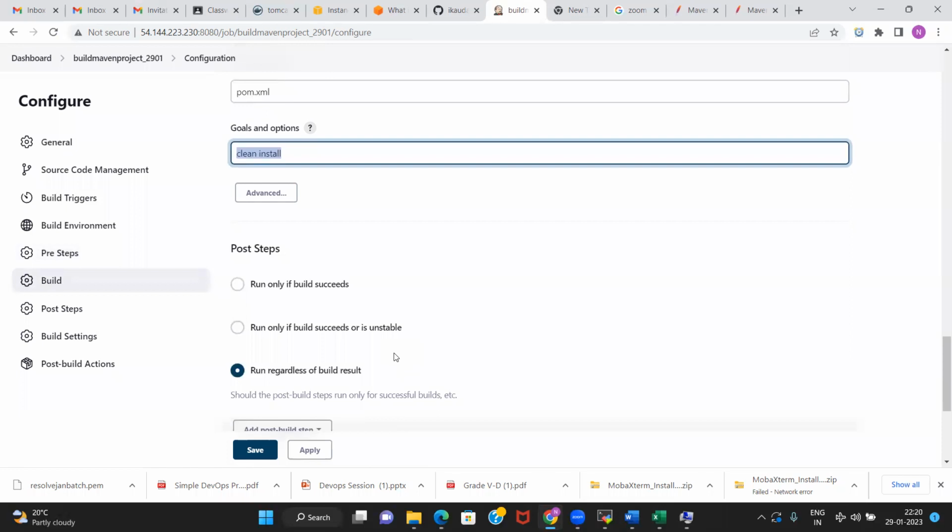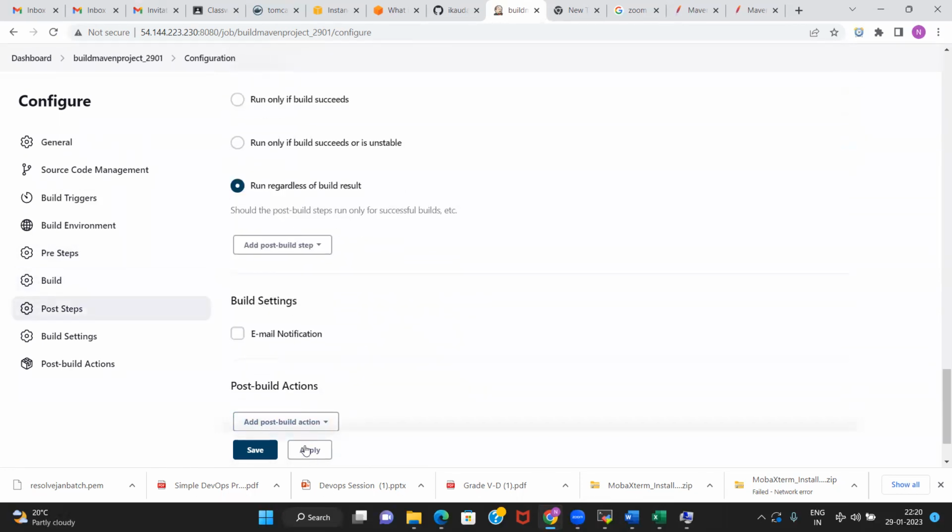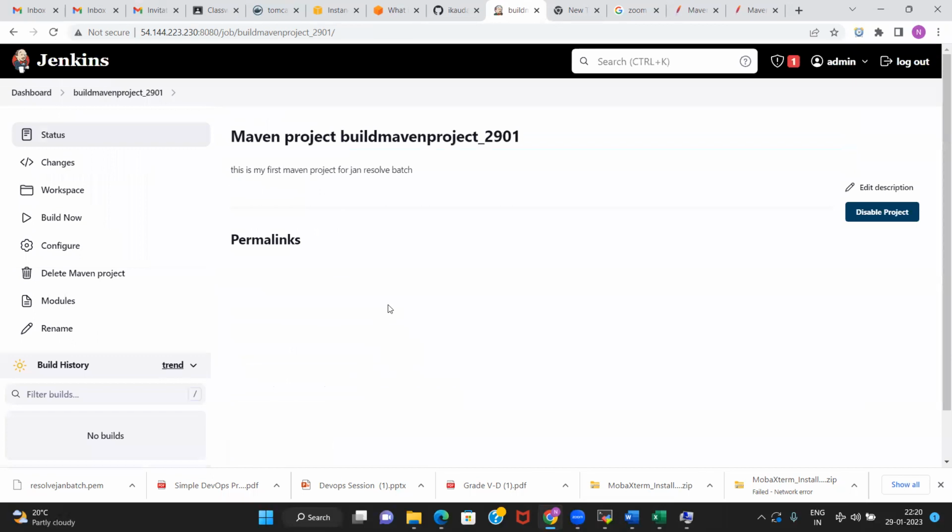So this is about that, and then nothing more. Apply and save. So once you do this build, what will happen? Once you do build now, a build will be triggered.